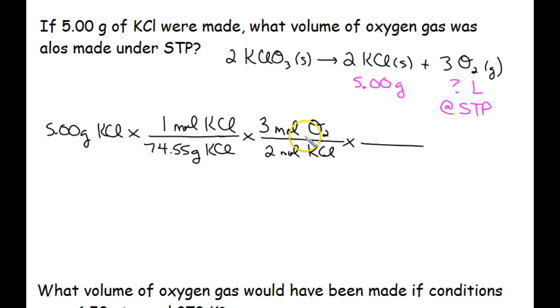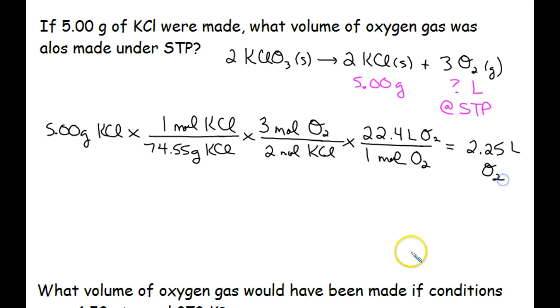Alright, now that we have moles of O2, we can actually go directly from moles to liters because of the conditions of STP. So by definition, 1 mole of any gas at STP has a volume of 22.4 liters. So when you plug this into your calculator, you should do 5 times 3 times 22.4 divided by, use some parentheses, 74.55 times 2, and then close the parentheses, and hopefully rounding to 3 sig figs, you will get 2.25